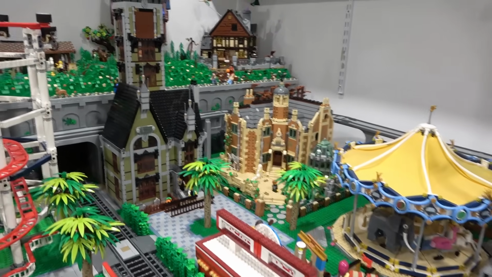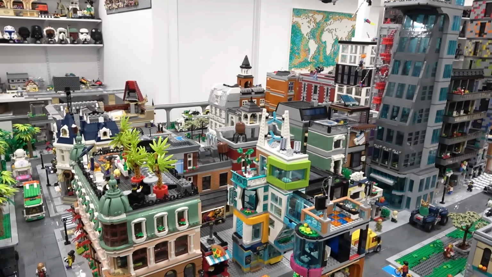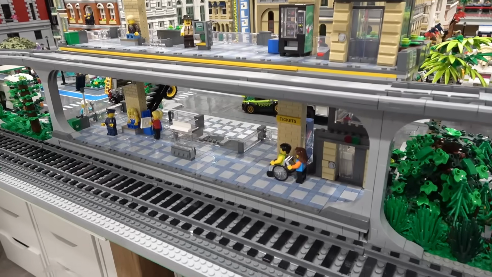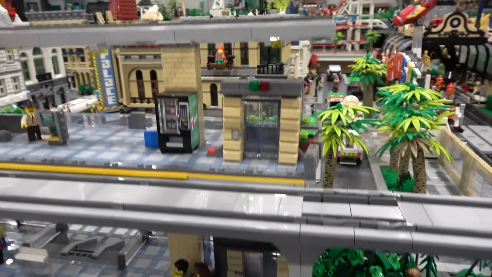So we're going to talk about the amusement park in one moment, but first I want to make my way through the downtown core. So we're going to start right here at the train station, why not? This is a custom train station that services both the ground line and also the raised line. It's got the glass covering, also an elevator,